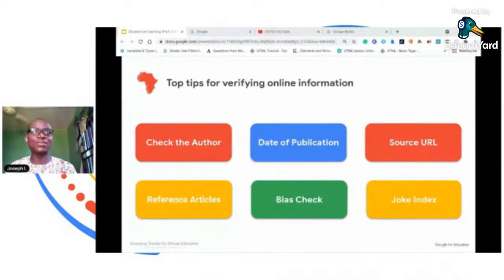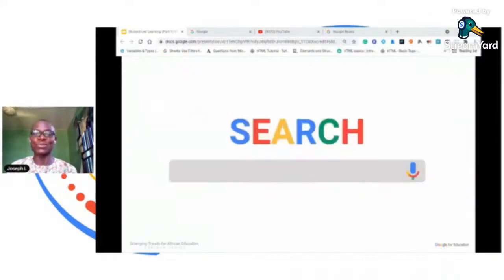So read other articles or web pages referring to the same content. Check if the content has reference sites to refer to. Also, as humans, we all have internal biases, and this can influence how we receive and perceive information. Checking these will help us to verify the quality of information we find online. Lastly, is it possible that the web page you're looking at is a joke? Some content is so outrageous, but it is actually intended as humor, as jokes.